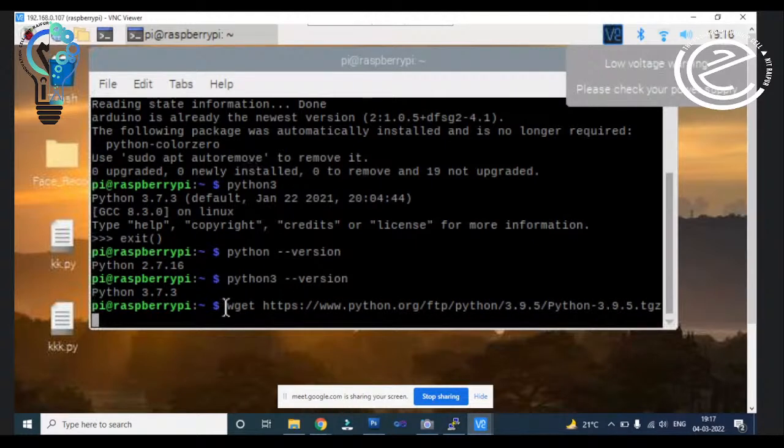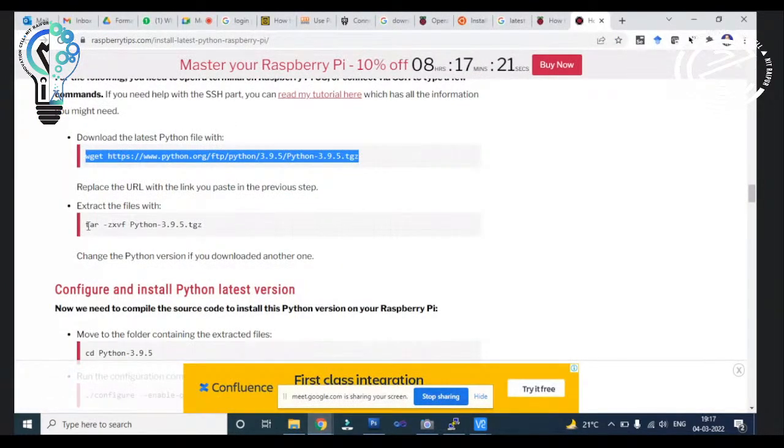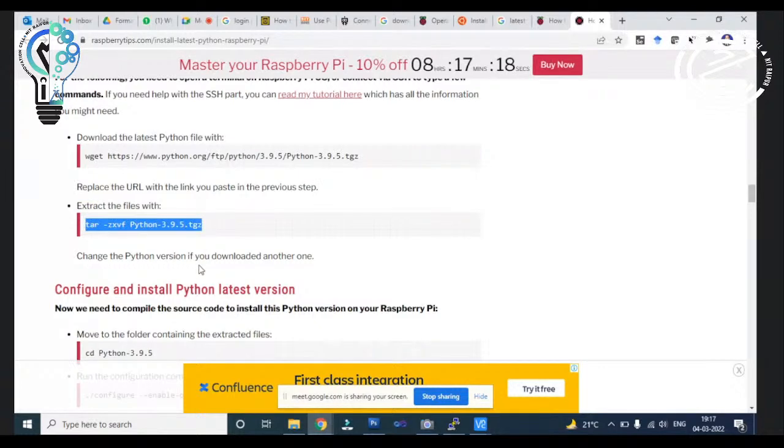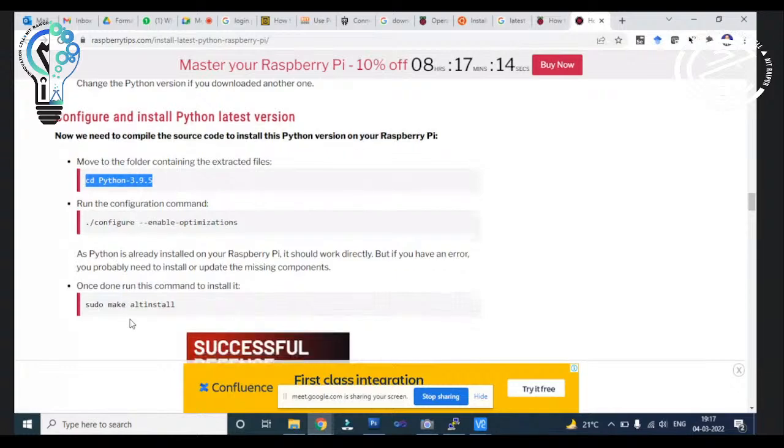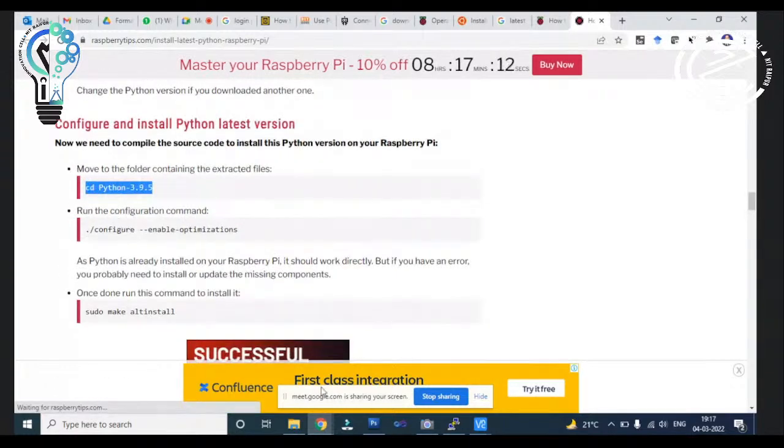You cannot use Control V here, but you can just right click and paste the command here and you will get this latest version of Python. After getting Python version 3.9.5, you need to extract it through this command. Then you need to configure this file so that it will be easily available.